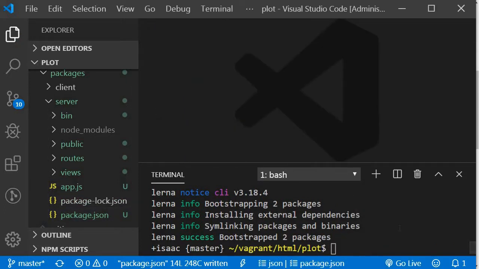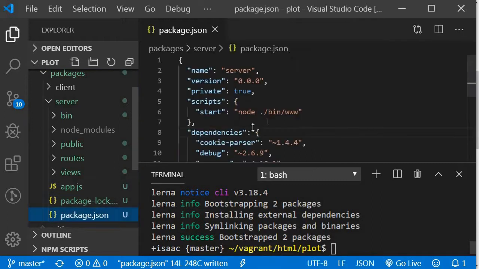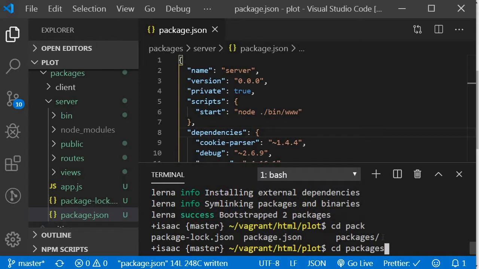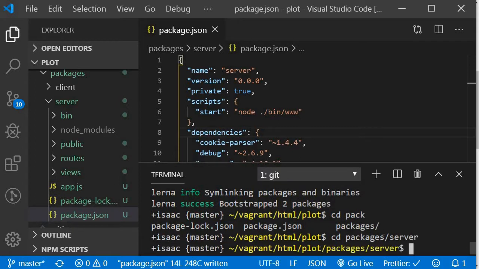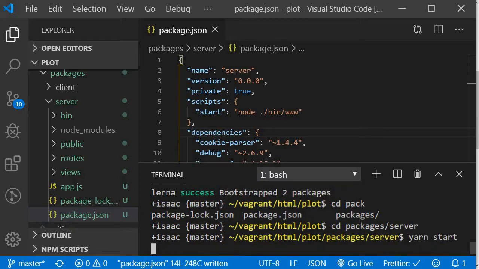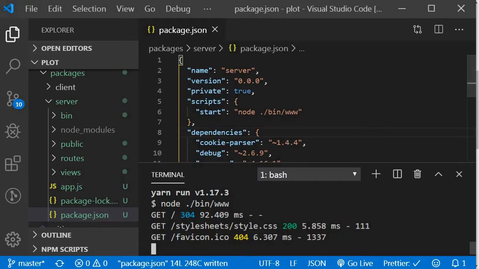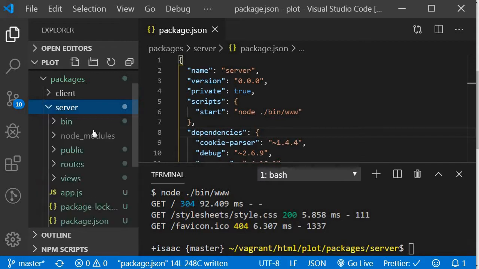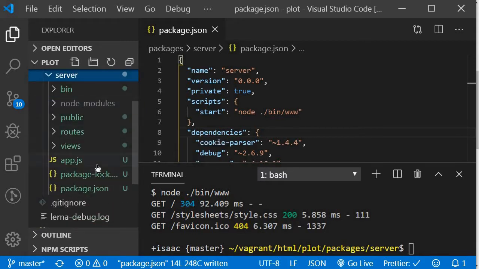Alright, so now once that's done, we should be able to start the server with yarn start. We need to be in the server directory. Yarn start. Welcome to Express. Okay, so now that we've got our app running, which is pretty nice. So now what we want to do is